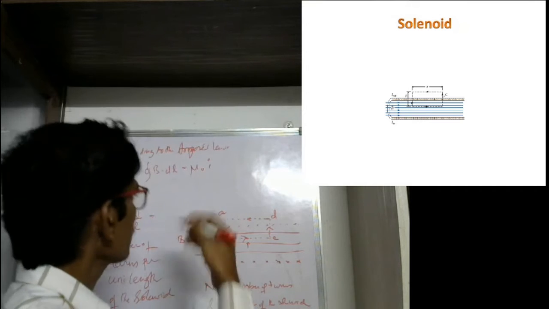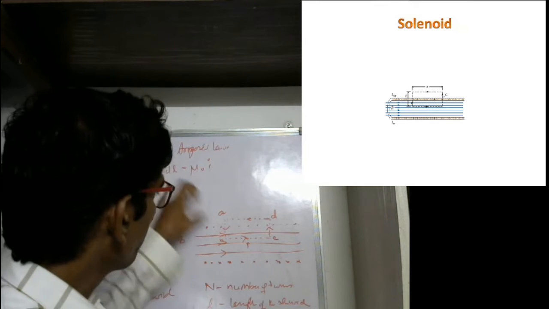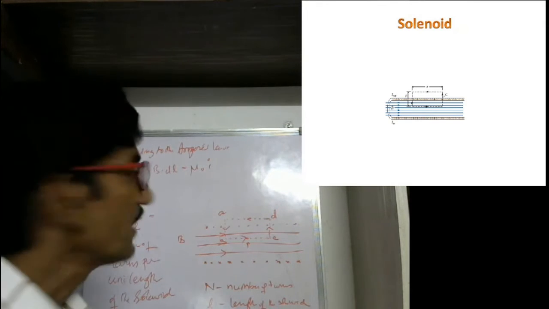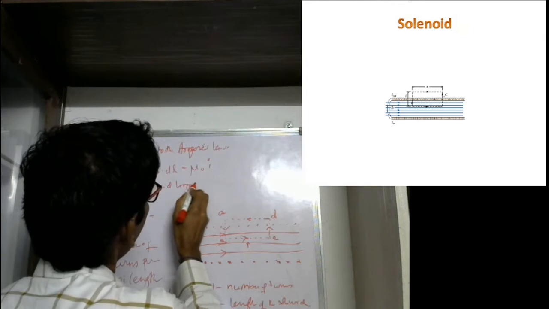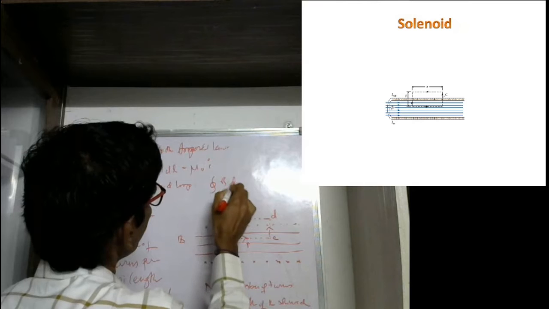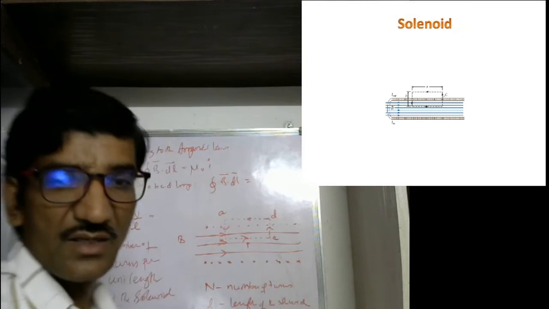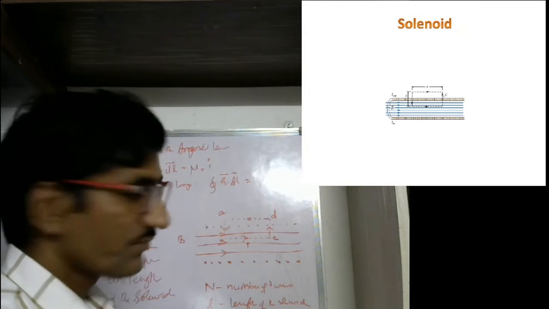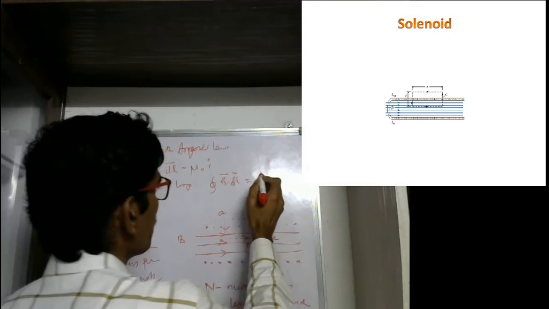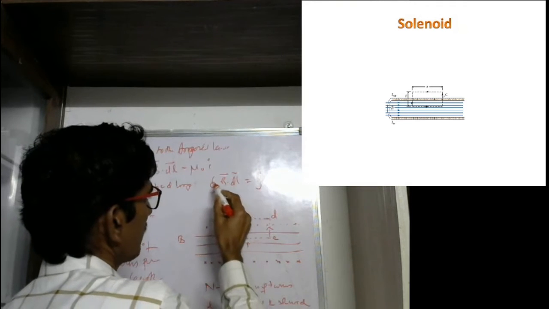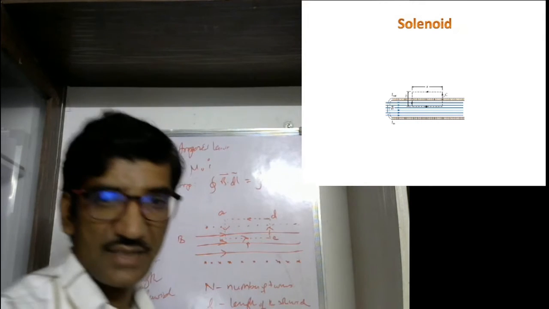Now, let us try to implement Ampere's law for this rectangular loop. For the ABCD loop, what is integral B dot dl? Let us try to find this. This loop is a rectangle, 4 sides are there. Each one is a curve, C1, C2, C3, like that. So now I am removing this circle, just writing A to B, or AB.